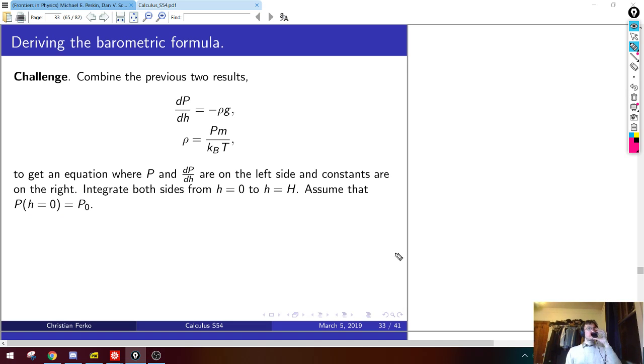All right, we see that dP/dH equals negative rho G. Where rho is just the rho. Okay, so dP/dH equals negative rho G, thus negative dP/dH times 1 over G equals rho. So you say minus dP/dH over G equals rho. Okay, and we want to plug in for rho in terms of P, right? So what is that?